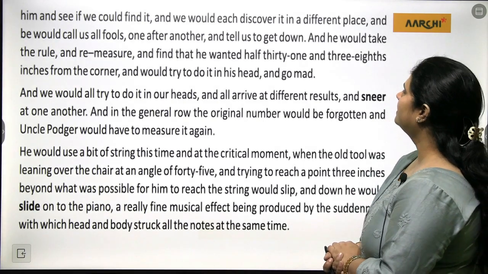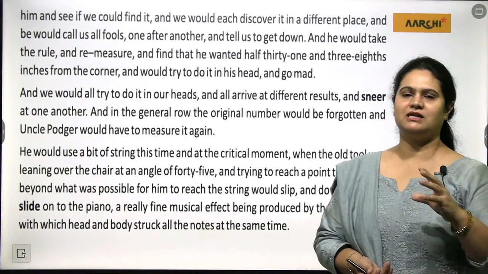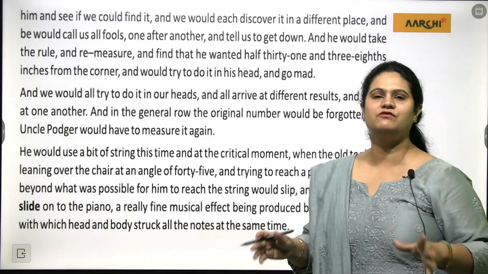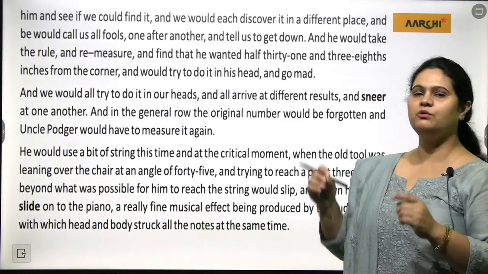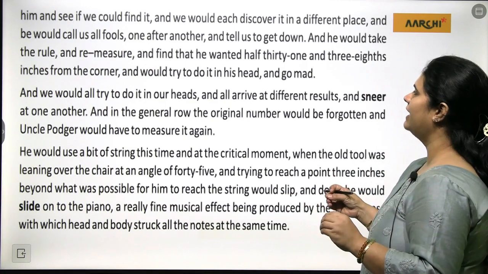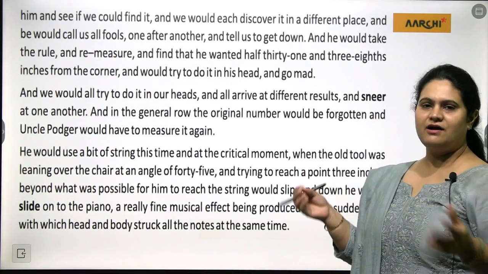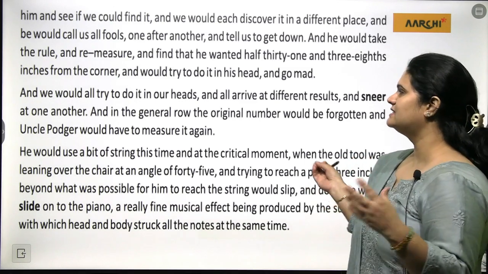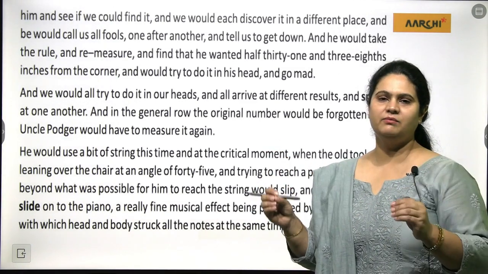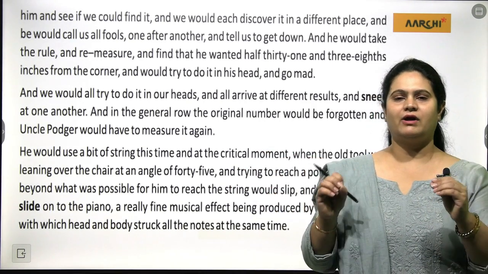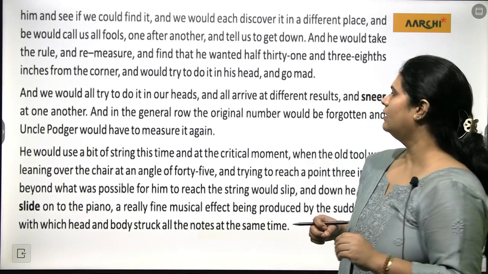and every person would locate a different mark on the wall, and he would call us all fools, and tell us all to get down. "You all are fools, all of you get down." And he would take the rule and remeasure and find that he wanted 31 and 3/8 inches from the corner. Now he would again start remeasuring and trying to put the mark on the wall,